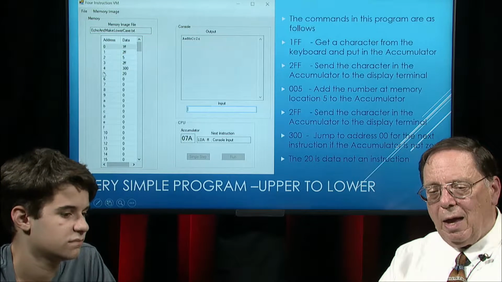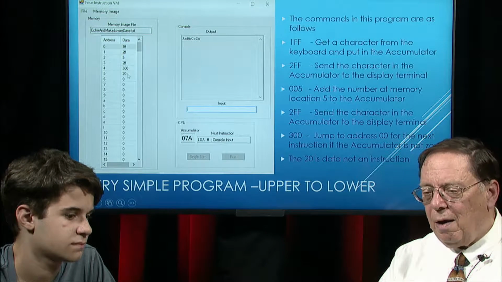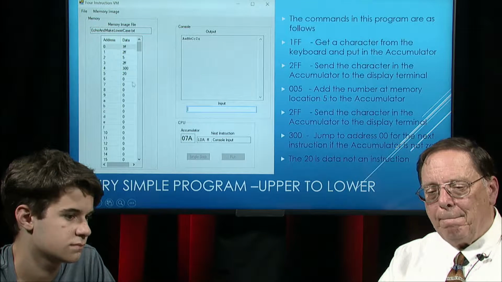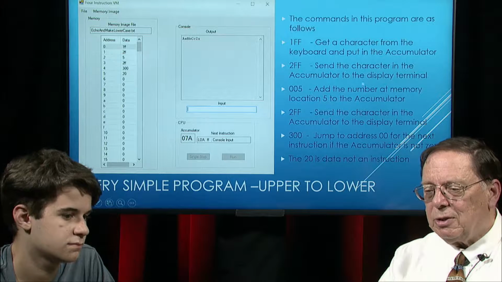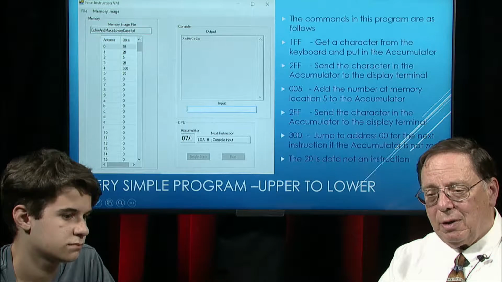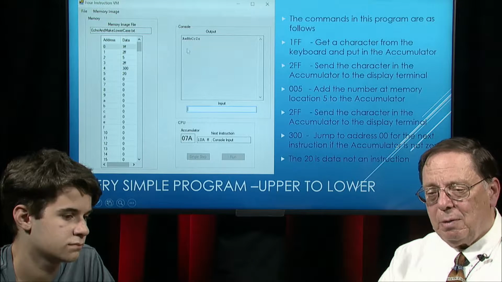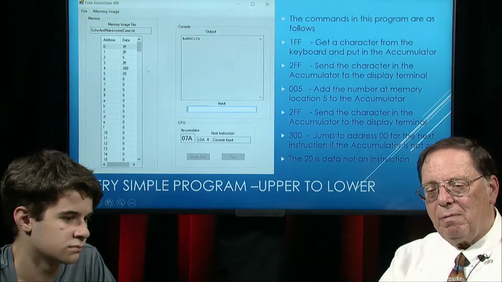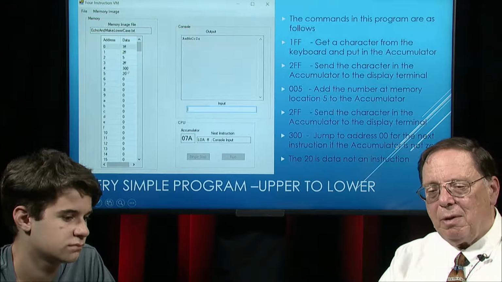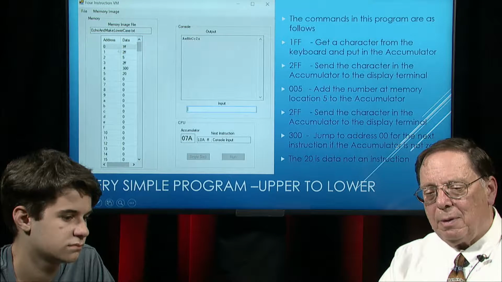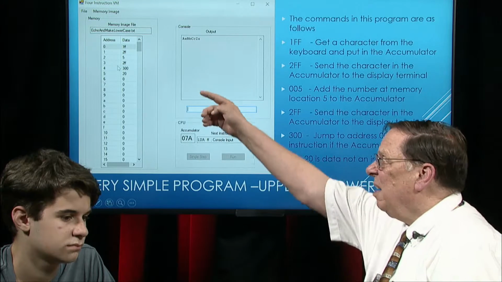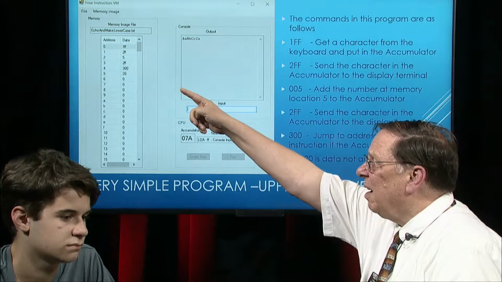005 says add what's at memory location 5 to the accumulator. 2FF says display the number we now have in the accumulator. It should be the lowercase character because we've added 20 to that character. And now we have a 300. That says jump up here to the top and get another character. So this is programmed. This first 5